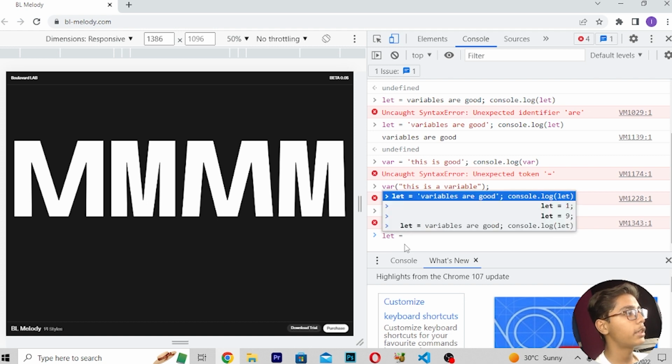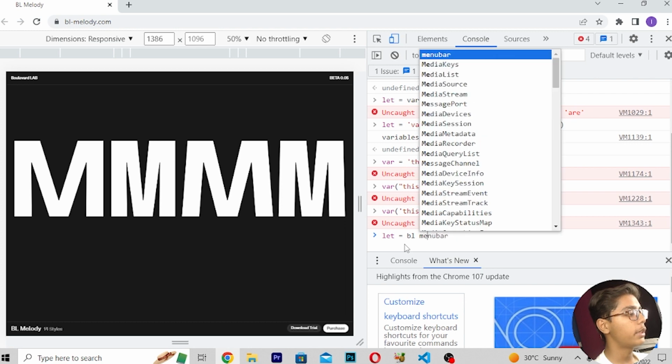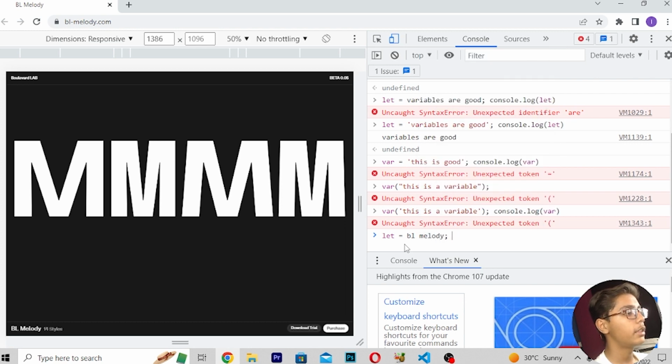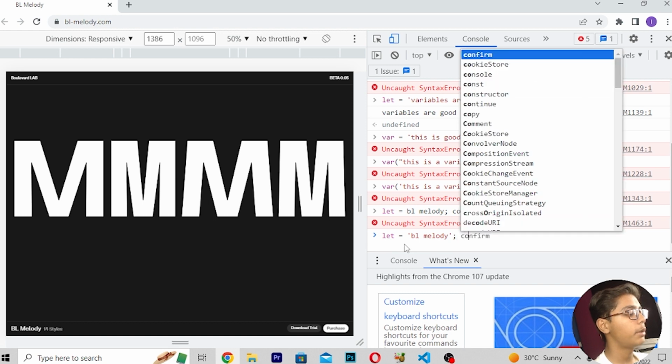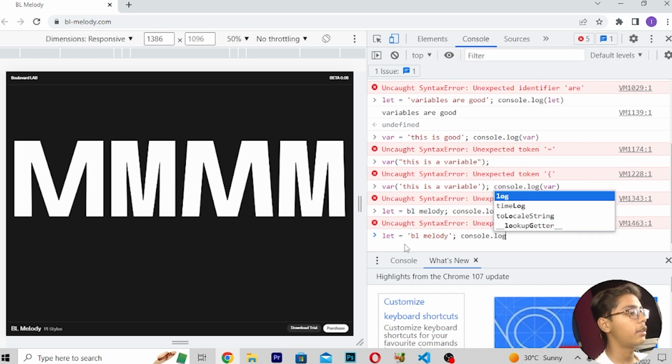You can see the project name is BL Melody. So if I write here BL Melody like this, and if I write console.log and then let, press Enter, you can see it is showing an uncaught error. Let is equals to, then I will write BL Melody here. Now this variable will not show us an error. Here you can see this, let close, Enter.